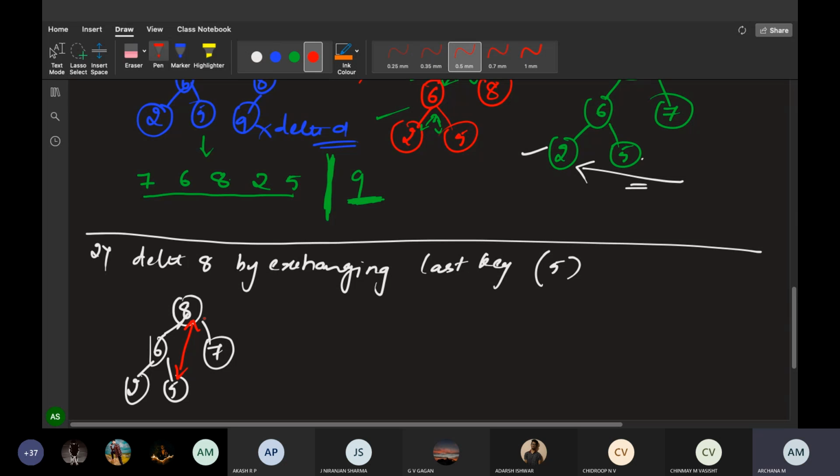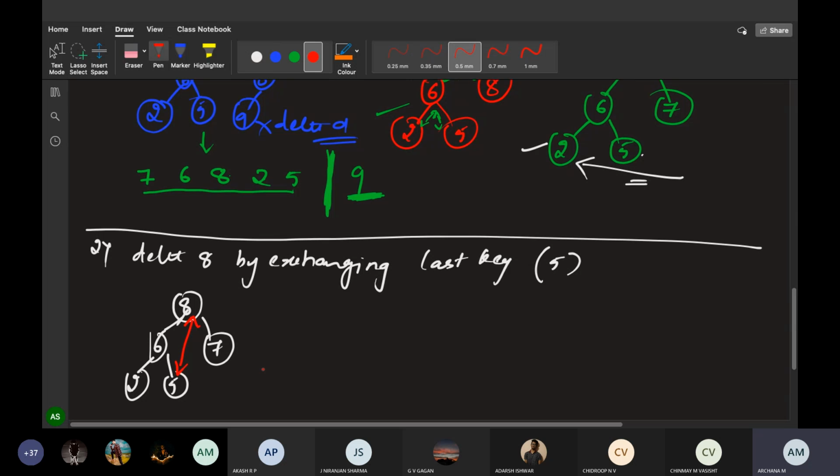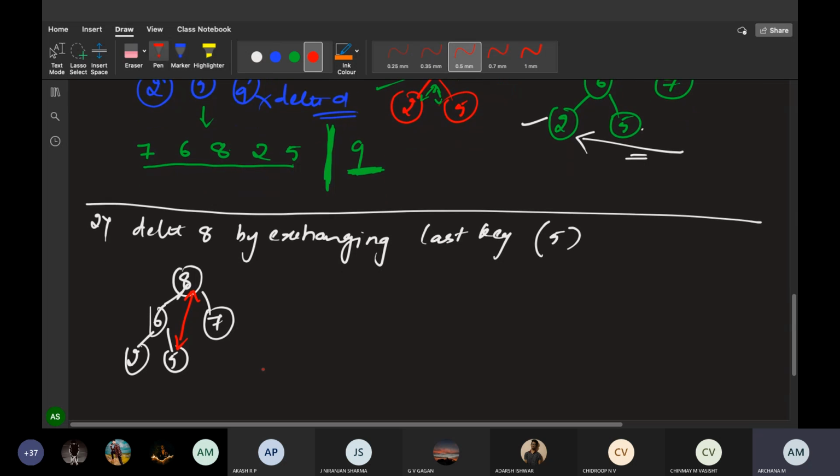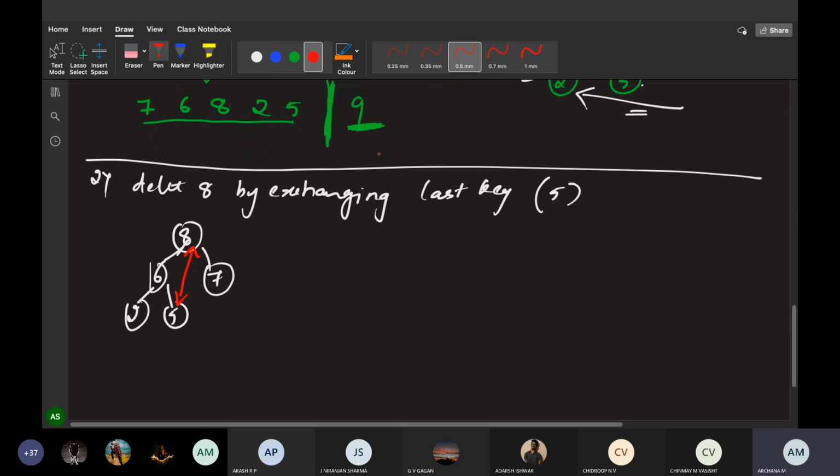If you want, you can write that in the form of an array, that now after exchanging we have to write. Okay, don't write the array here. Now after exchanging, tell me what comes? 5 will come here, 6 will come here, 7 will come here, 2 will be here, and 8 will be here. I have exchanged with 8. Now write this in the form of an array. Represent this as an array. What is that? 5, 6, 7, 2 and 8.